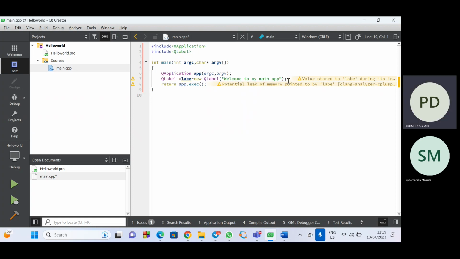So maybe I can just also add one more thing. I can add a label. In my label here, you use dash slash less. Then when you use dash less, we can set our window title on top of your app. You see here, it says main.cpp at the top there. Remember, we were creating something like this. We can set it. I can say, for example,